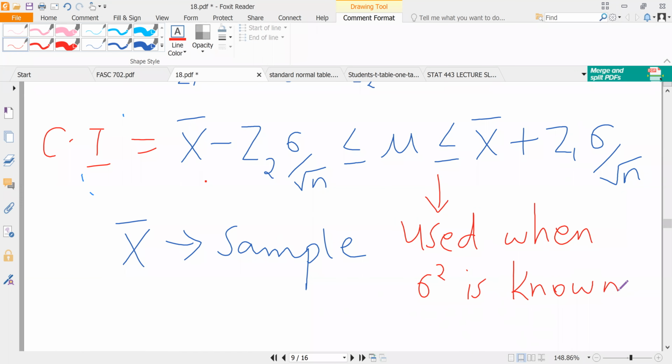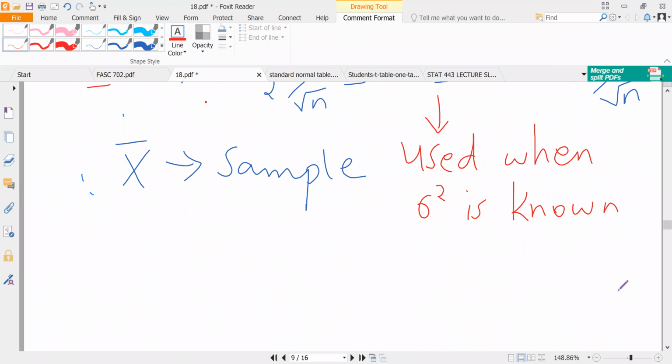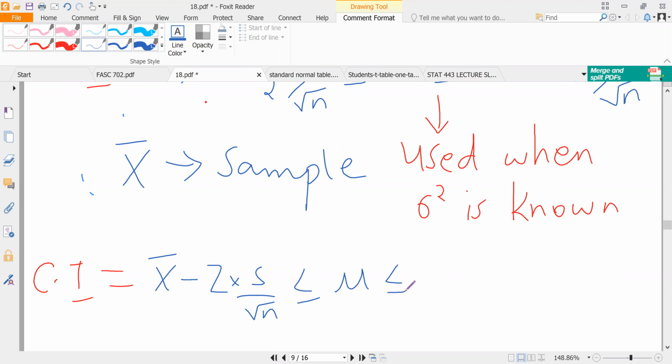However, if you do not know the population variance, then you have to estimate it using the sample data that you got. So you can calculate your confidence interval to be equal to x bar minus z multiplied by s over root n less than or equal to mu less than or equal to x bar plus z